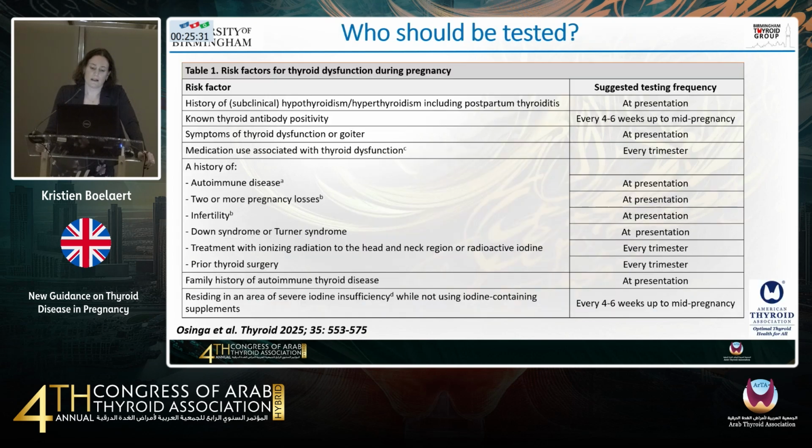What we did in the American Thyroid Association guidelines, and as you can imagine, it's a huge group of people who are contributing to these guidelines. There's been a lot of debate, shall we say, as to who should be tested and whether we should test. But what we did as part of this, and this is just recently published in Thyroid, now I'll look at